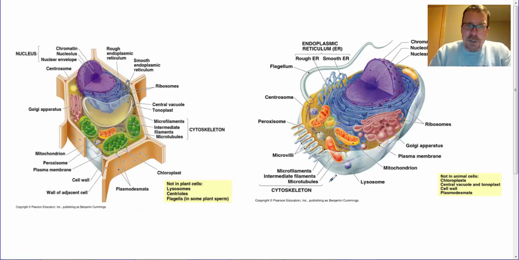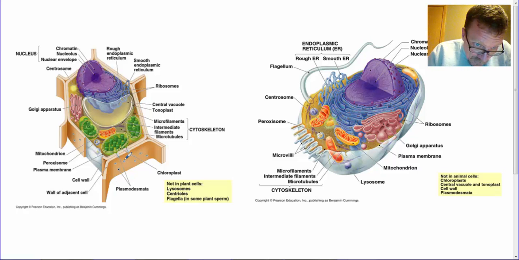Okay, so here I have the two plant and animal cells side by side. You can see here that the plant cell also has a nucleus, also has the Golgi apparatus and the endoplasmic reticulum. Here's that central storage vacuole, and the tonoplast is the membrane around it. Here is the chloroplast that creates the food, still has a mitochondria, does have peroxisomes to do those specialized functions,